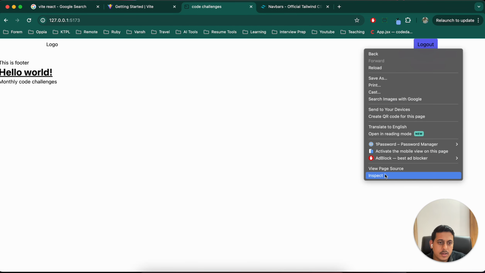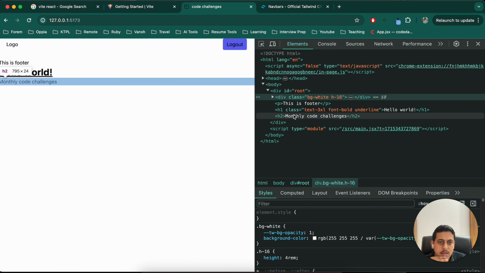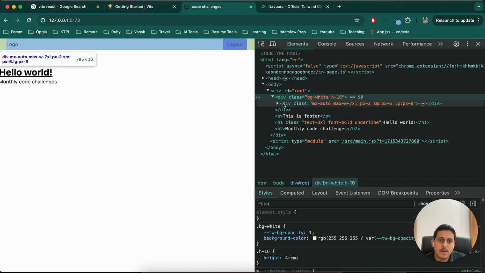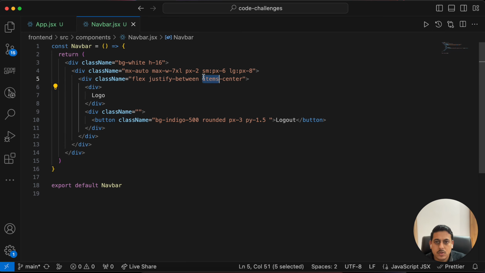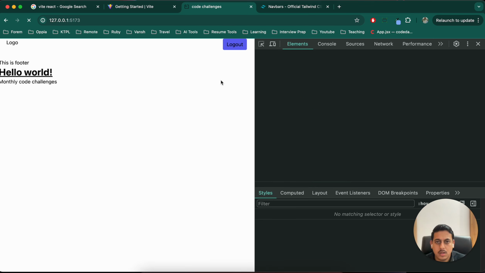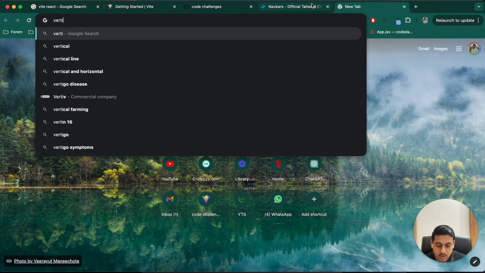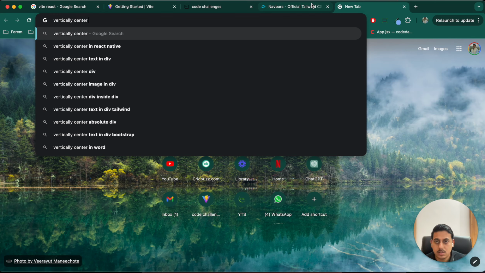So for that, let me inspect this to understand what is happening. We have this div. Inside that, we have this div. Okay. So why is it not coming in center? Flex. Nope. Vertically center in div in Tailwind